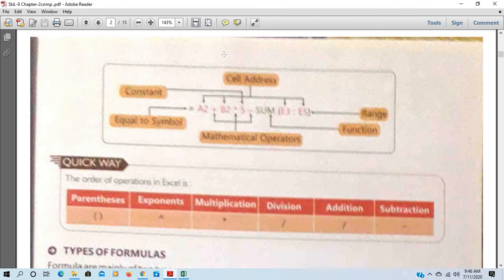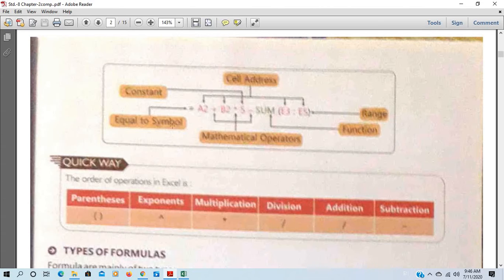So when we talk about cell address, here you can see there is an equal to symbol in the starting. This is the example of formula that you have already used in previous class, 7th class, sum formula. And it is explaining about the different parts of the formula.